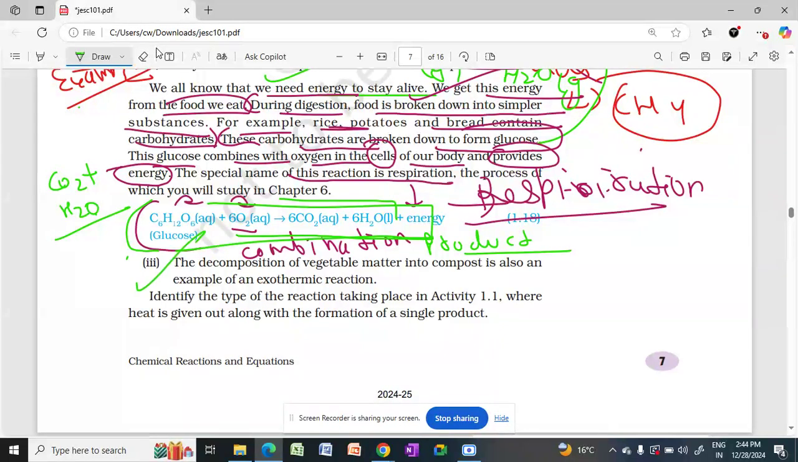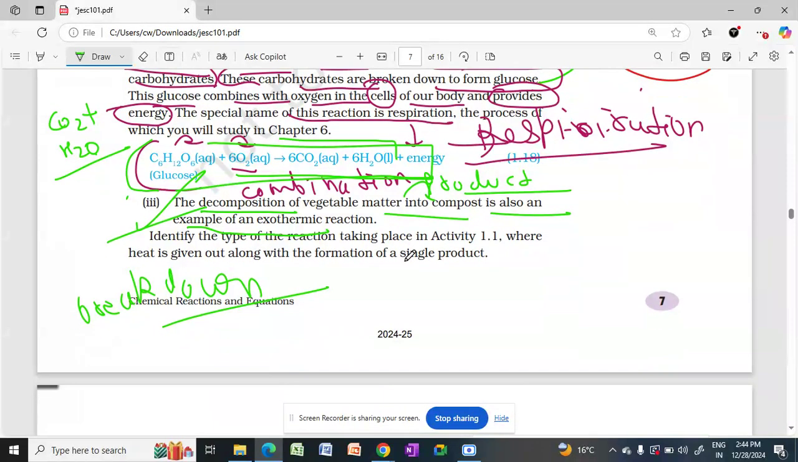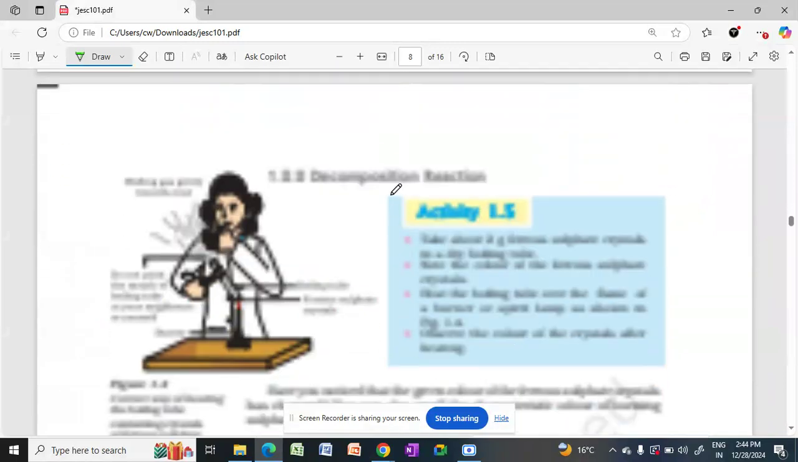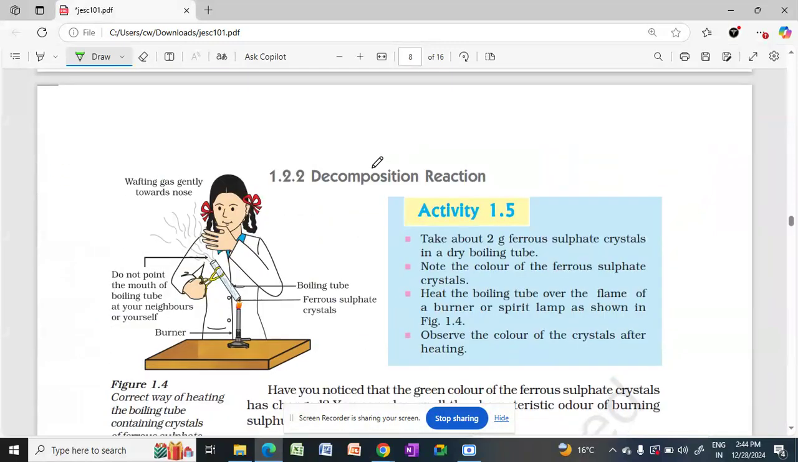So the decomposition of the vegetable matter into the compost is also an example. When the vegetable matter breaks down into compost, in that reaction also heat is evolved, so that is also an exothermic reaction. That is also an example of exothermic. Next is the